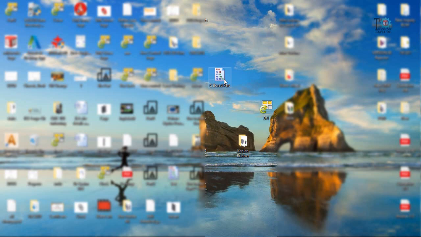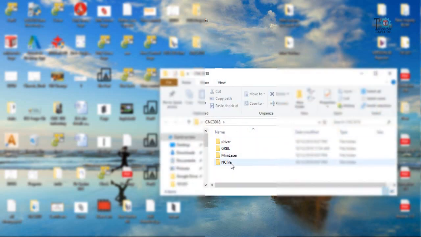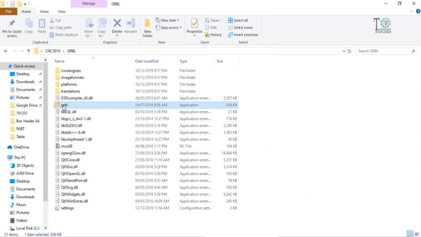But in some other machines we have to save this NC file on the USB or memory card or SD card, and then we have to feed that USB or SD card into the machines. So as far as my CNC machine is concerned, I am using the GRBL controller.